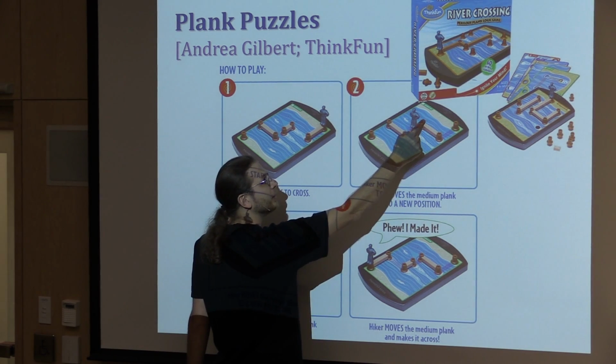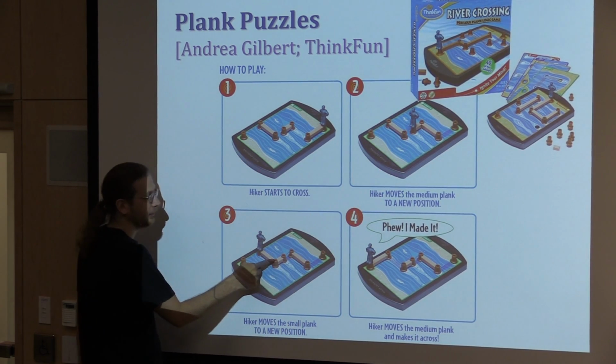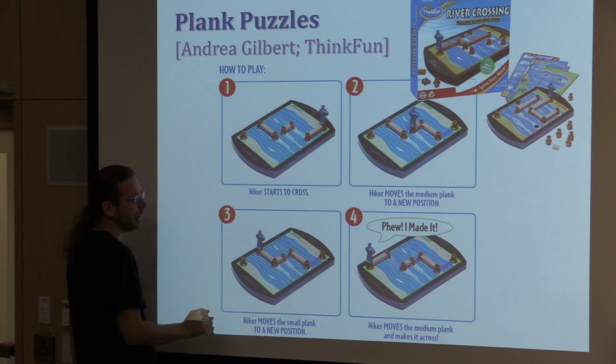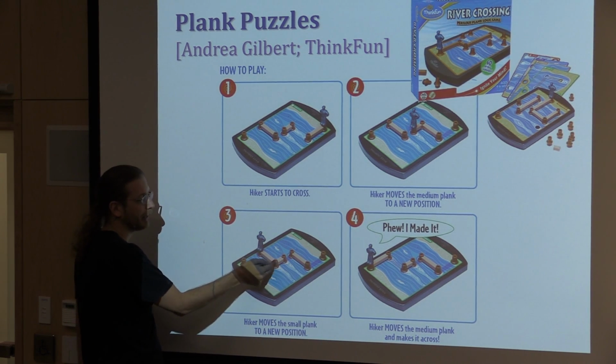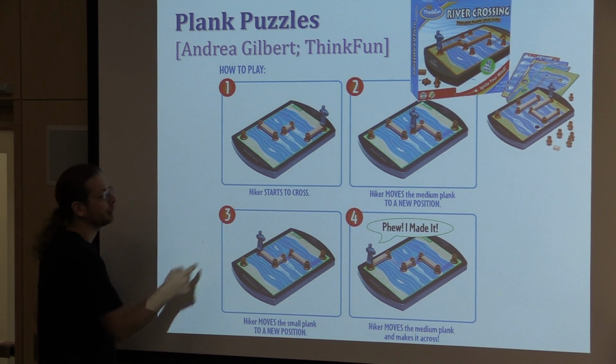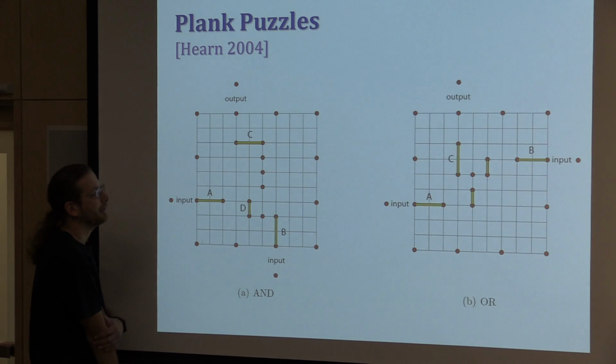And then he walked here and walked here. Then I pick up that unit length plank, put it down here. I get to this picture. Then I can walk here, pick up this plank, put it down. But I also could have walked back, pick up this plank, walk over, drop it somewhere else. But I can only carry one at a time. And you want to cross the shore, cross the river. This is PSPACE-complete